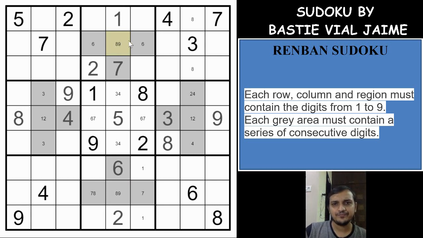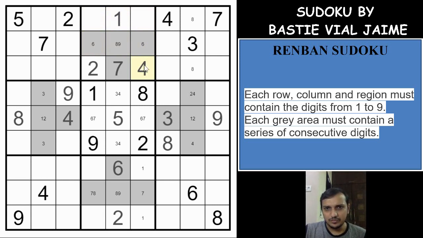If you see here, 4 5, okay, so as we know that 8 and 9, any one number has to be here. It means if we have a 9, we'll have 6 7 8 9, and if we have an 8, we'll get 5 6 7 8 also, and if we have an 8, then 9 can be in any of these two cells, which will again get 6 7 8 9. So the possibilities here are 5 6 7 8 9. Out of these 5 numbers, 4 will be here. That means 4 is eliminated from this cell, which eliminates 4 from these 3 cells by the classic rules, and we get a 4 here, right?